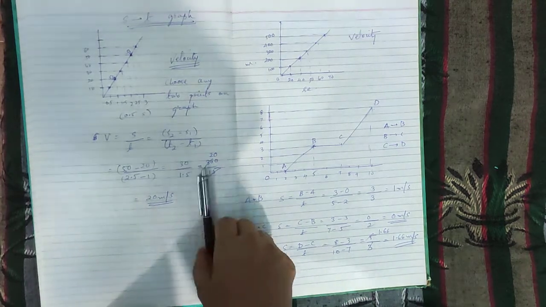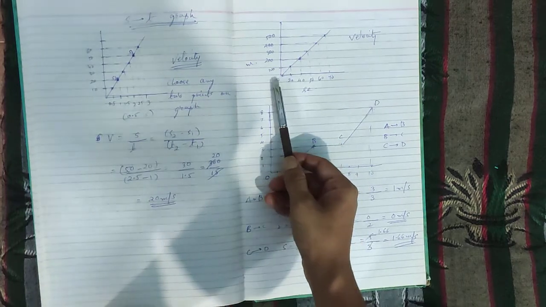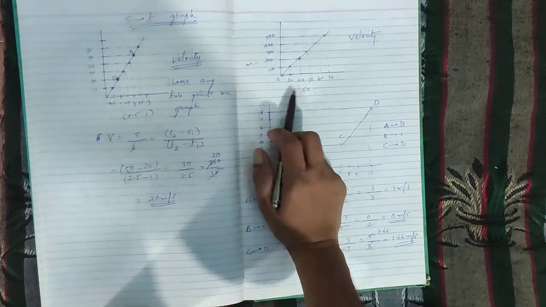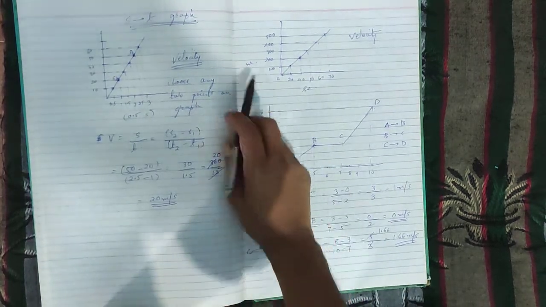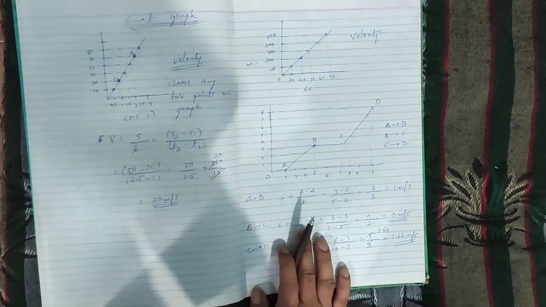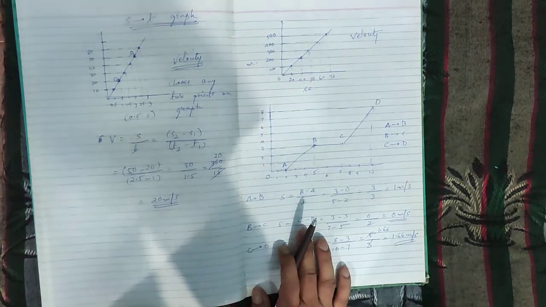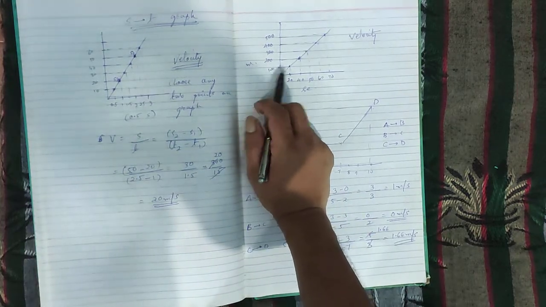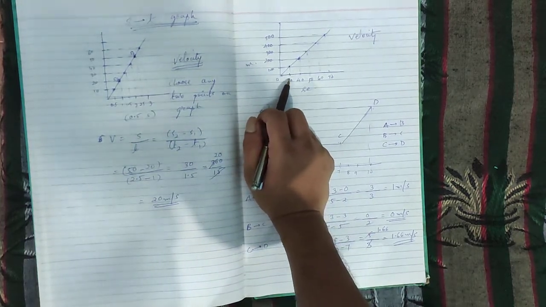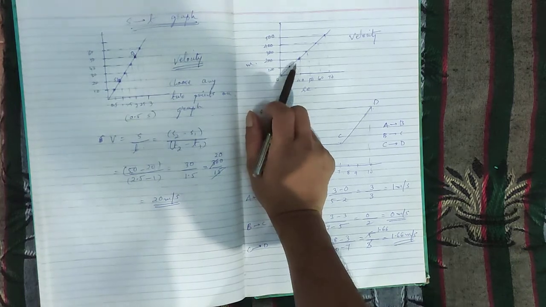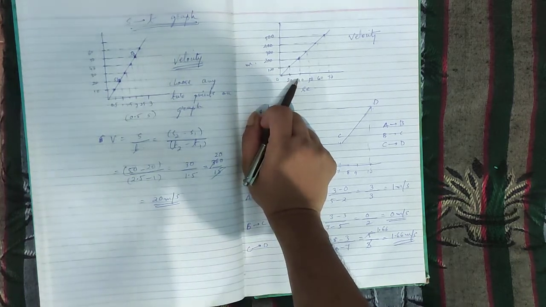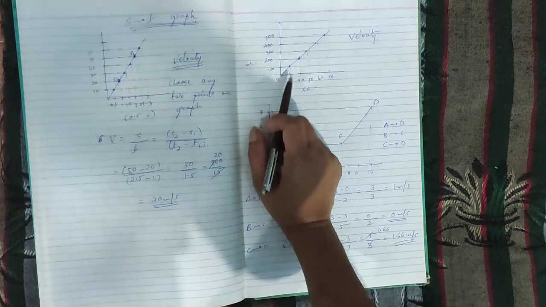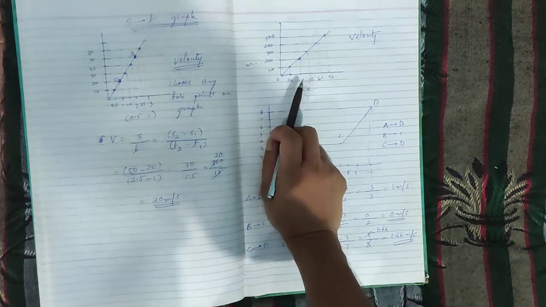Okay, so in the first, on the x-axis, time is given as usual in seconds, and on the y-axis, distance or displacement has been given in meters. So the first point is at 100 meters when the time is 20 seconds. The second one is 200 meters when time is 40 seconds. So I told you to find velocity. So you can choose any two given points from the graph.